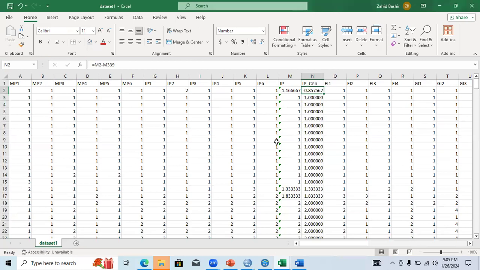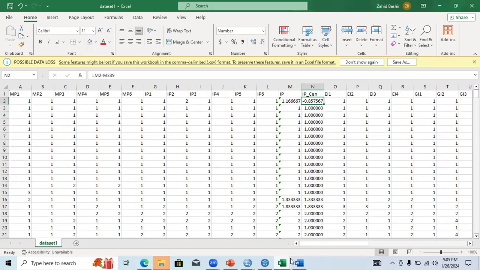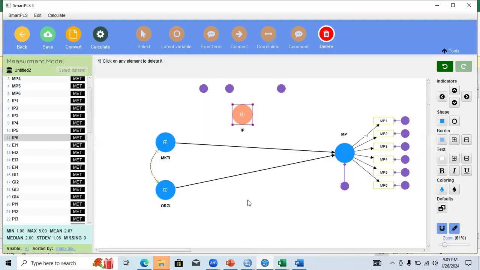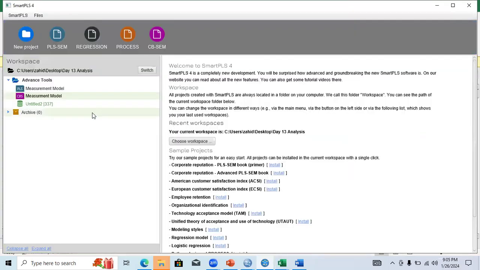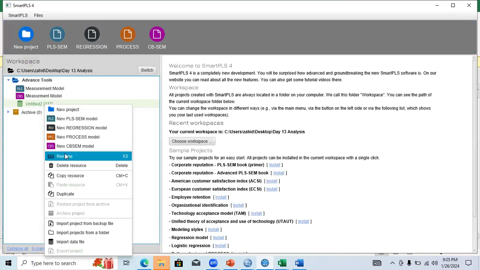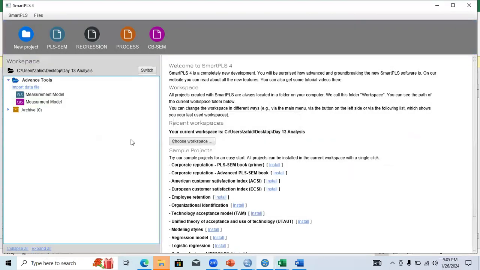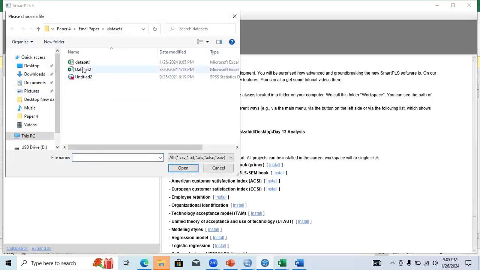So what I need to do, I need to load this data set over here. Delete source, import data. I think it was dataset 1. Yes, I have used this.